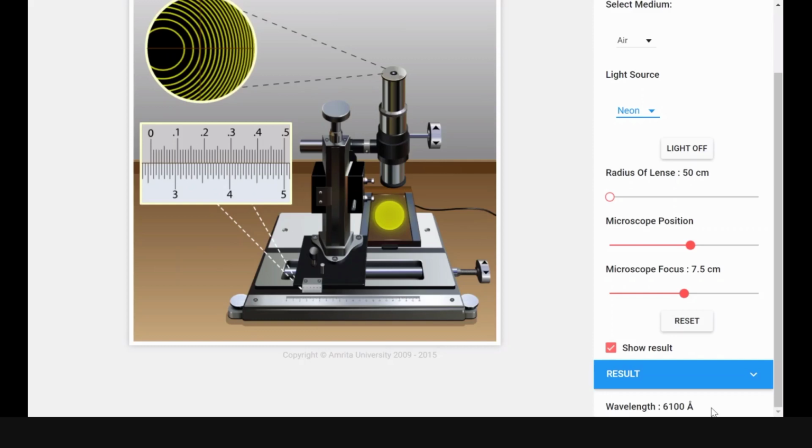But again, I am repeating, for the sake of simplicity, we will just take only 2 rings, so there will be no need for the average. Yes, of course, you will not get the precise answer. You will not get very high precision, but you will get something near your expected answer. There should not be much variation. Suppose here the value is 6100 angstrom. So the answer should be near 5900 angstrom and 6000 angstrom. If 3000 angstrom comes, then that is wrong. Fine. I hope that this is understandable.